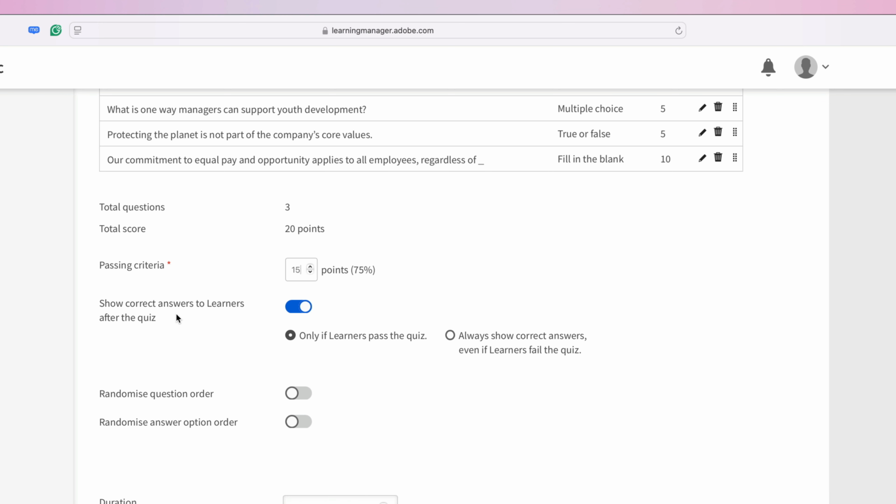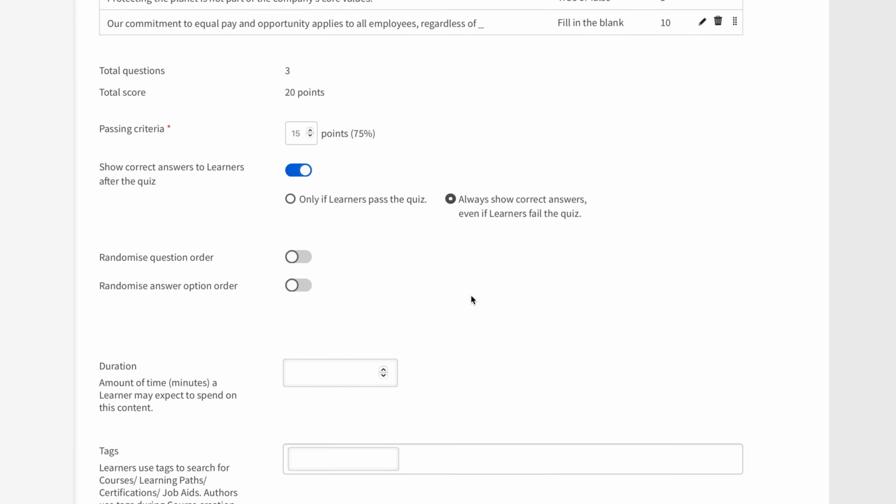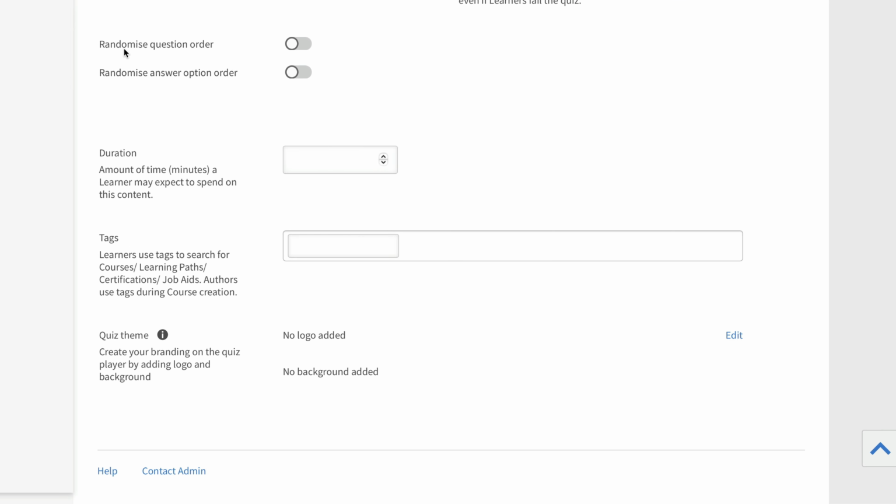Here you can choose whether or not to show the correct answers to learners after the quiz. I'm going to leave that enabled, and you see you have 2 options, only if the learners pass or always show correct answers. In this case, I want them to always see the correct answers so they can see exactly where they might need to improve. Then we're going to go down here where you can randomize the question order or randomize the option order. I'm going to turn both of these on, making it a little bit more challenging if someone were to retake